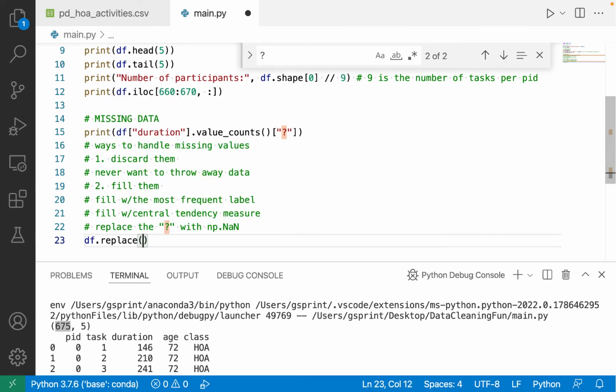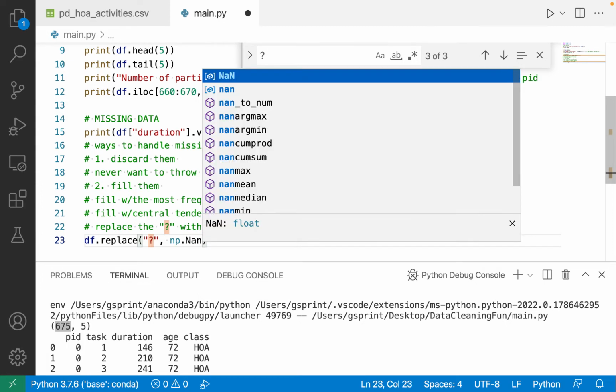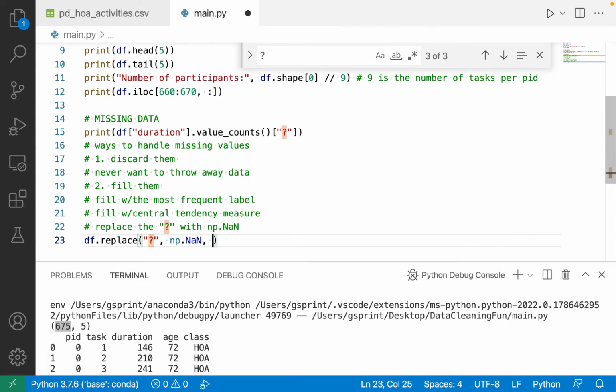This is a data frame method that accepts a value to search for in the data frame, a value to replace all occurrences of that value with, and then I'm going to pass inplace=True so that this is done in place, meaning this is going to modify the data frame in memory instead of returning a copy. If I didn't have inplace=True, then on the left-hand side of this call I'd have to have an assignment to save or overwrite my data frame with the returned copy